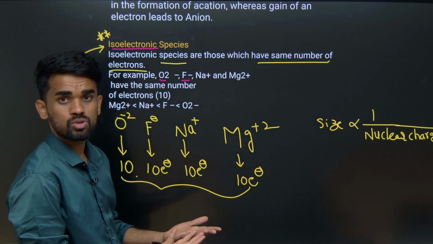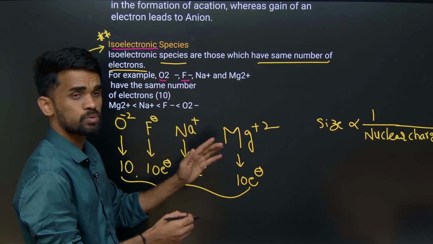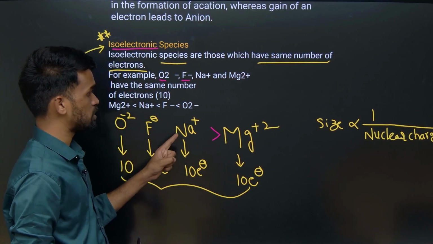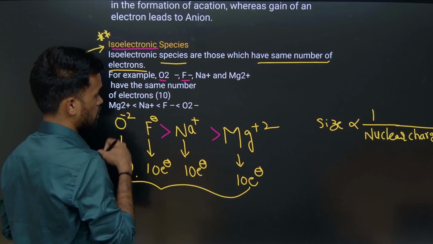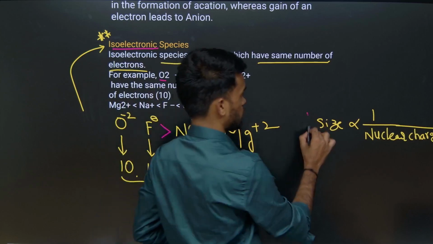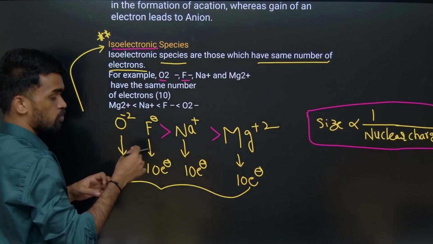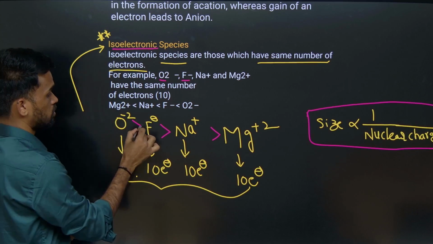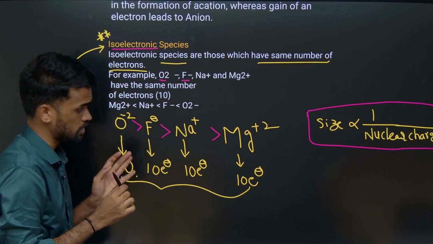See, where is more positive charge here? Here we have more positive charge. So its size should be minimum, right? And here it is negative, here it is positive. So when I compare with this, this is more positive now, so it means size is minimum. So just follow that relation. And here we have more negative, more negative means more electron cloud, therefore its size is more. I hope you got how we are doing this type of questions, right?